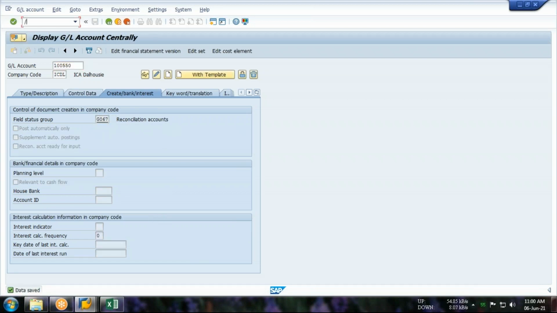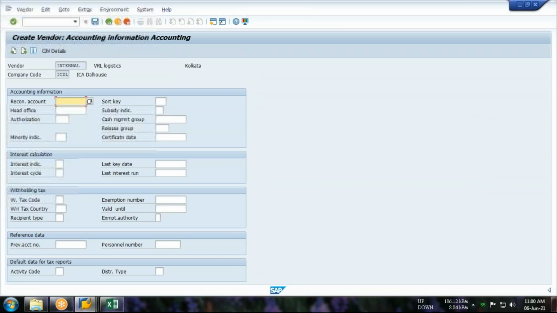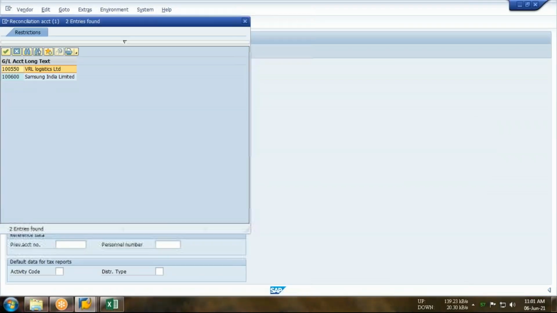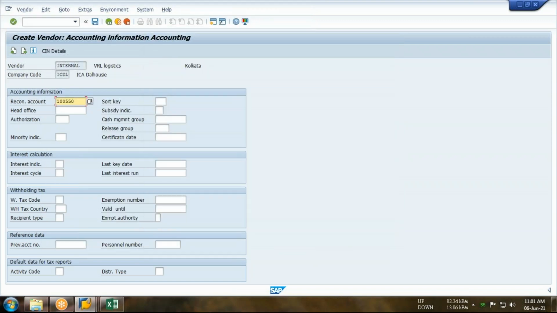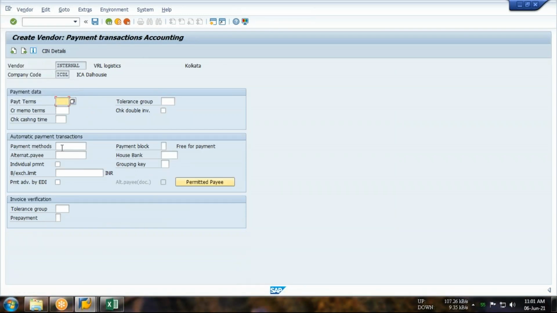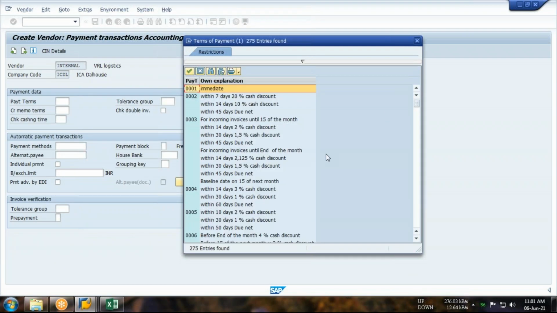So I have done the vendor GL. Now this GL I need to assign over here. Now you can see two GLs are appearing, so I'll be selecting this. Okay, short key will be what? 012. Now please focus. In the next page, you have to define the payment terms. This time you have to configure any discount part. So I'm going to select this option 004. Achha, this list you can edit.